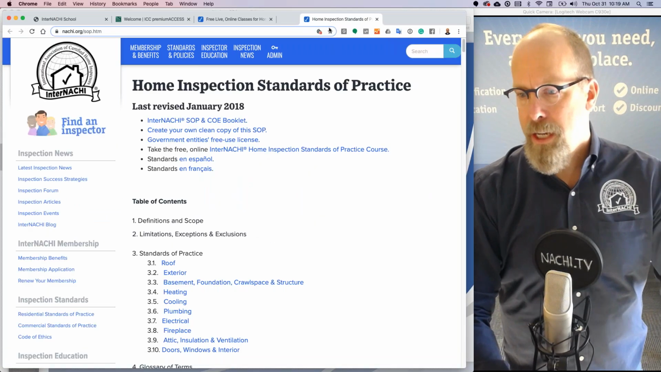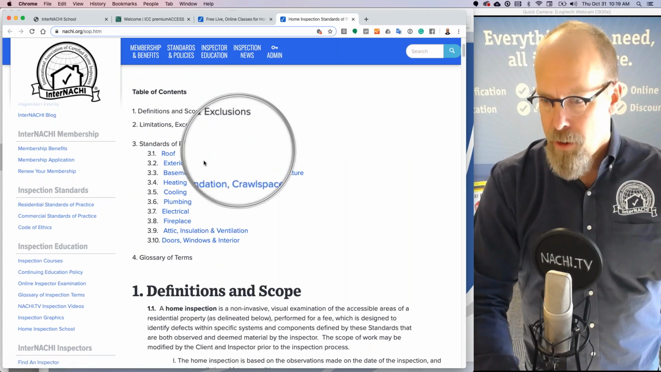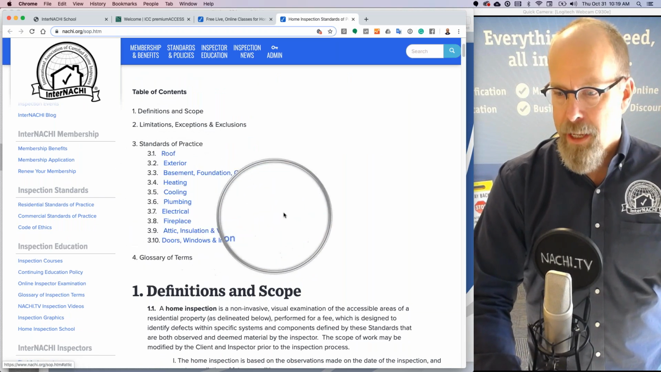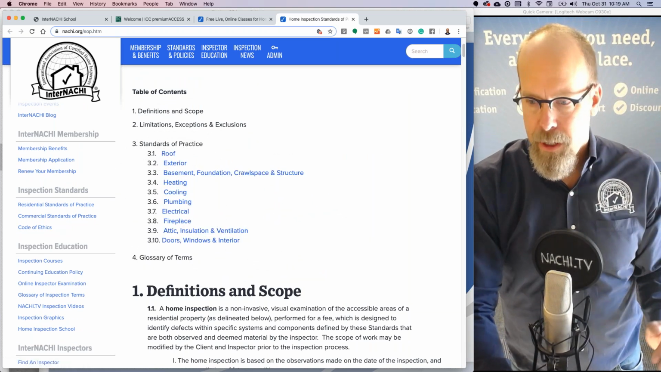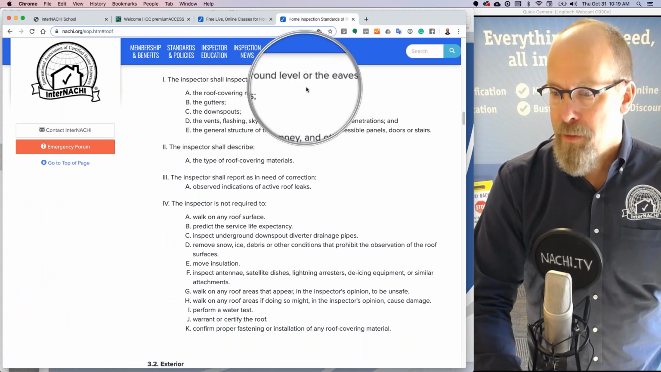So here's the InterNACHI Home Inspection Standards of Practice. And here are the sections: roof, exterior, basement, heating, cooling, fireplace, and attic. And here's the roof. You click the roof and it says, the inspector shall inspect from ground level or the